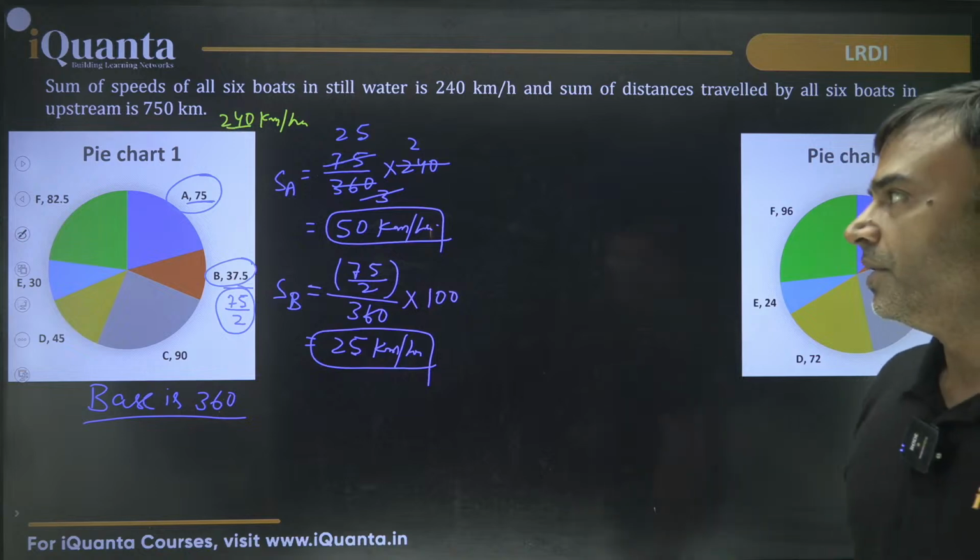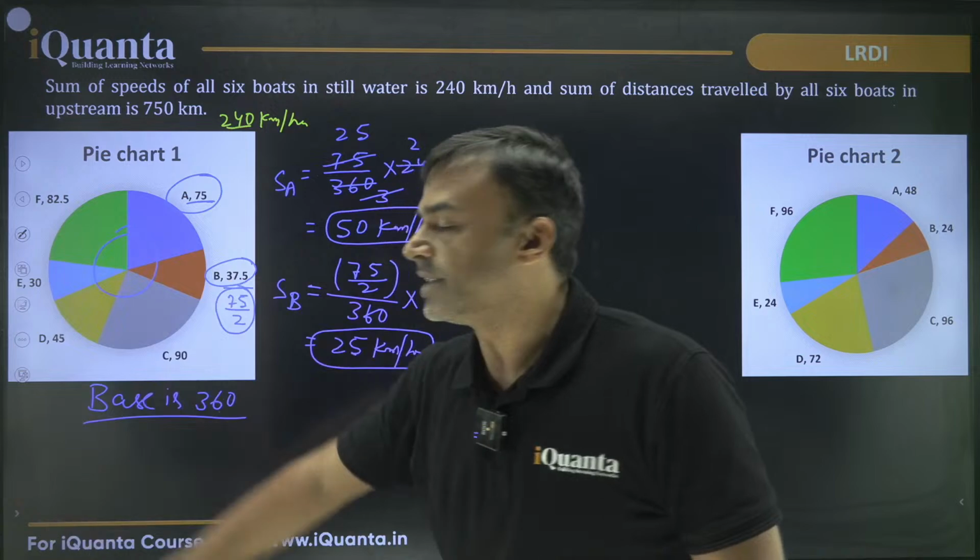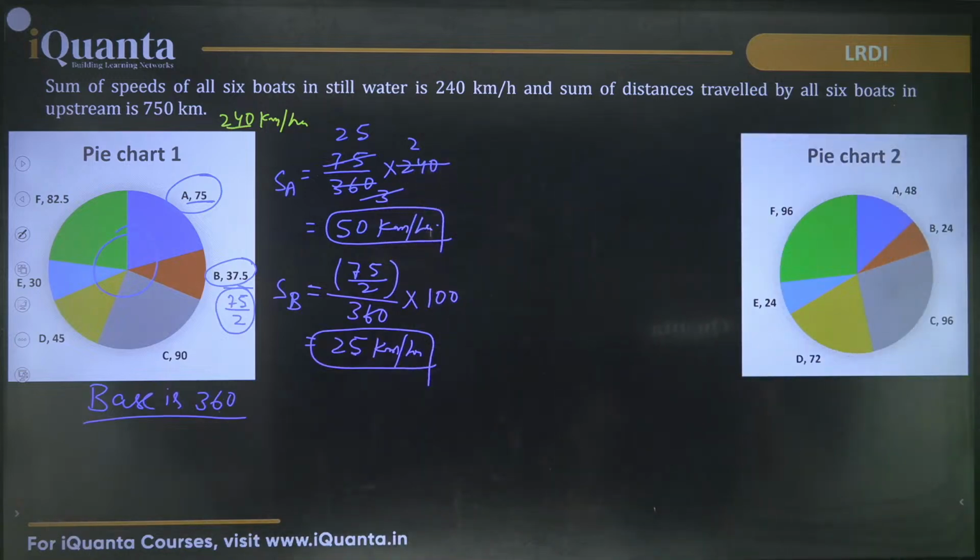Yes, Arham. 75 out of 360. You know, this total angle is 360. जैसे हम percentage में करते हैं, 75% होता तो क्या करते हैं? 75 by 100, 75 degrees है तो 75 by 360 ऐसा करेंगे. The way we do in percentage, 75 by 100 into something, here for 360 base it is 75 by 360 into that 240. Vibhuti, it is not exactly CAT level, but it is a good CAT level question. CAT में हमेशा difficult question आता है, ऐसा नहीं.